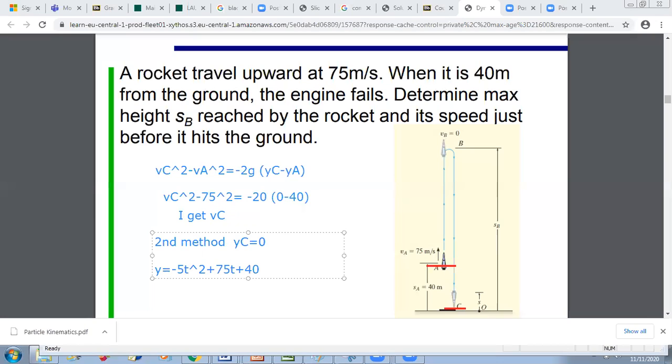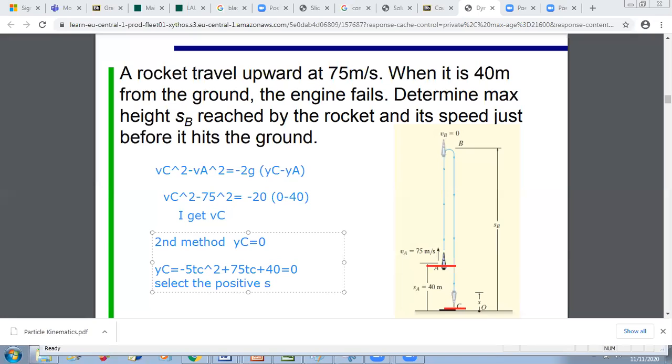Okay? So you can say for Y equal to 0, if I put Y equal to 0, I can get tC. Okay? So if I apply this relation for point C, Y of C, which is 0, is equal to minus 5 tC square plus 75 tC plus 40. This is a second degree equation. If you solve it in the calculator, you get two solutions, one negative, one positive. So of course you will take the positive solution. So we select the positive